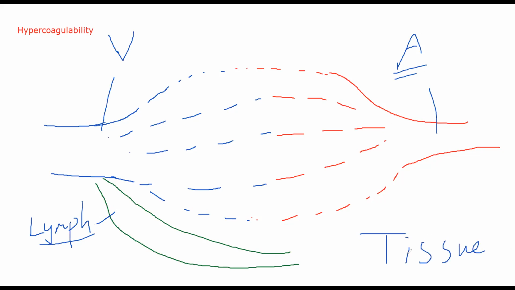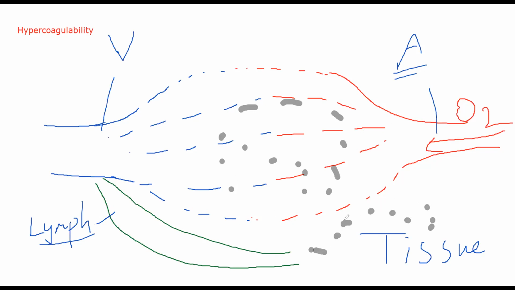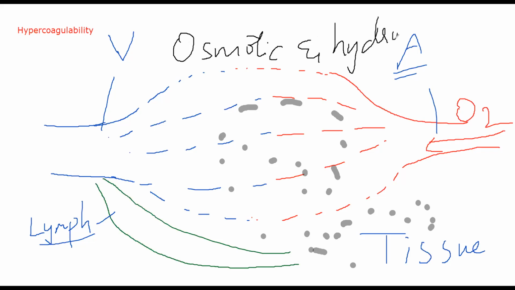Now you know normally whenever blood is coming into your arteriole, oxygenated blood is coming from here, okay, O2 and nutrient containing blood, it will come to the capillary. Those nutrients and oxygen will get exchanged. So let's suppose these black dots are those nutrients and oxygen. They will start getting diffused into the tissue space. Okay, along with that, you know there is something called osmotic and hydrostatic pressures. What are osmotic and hydrostatic pressures?